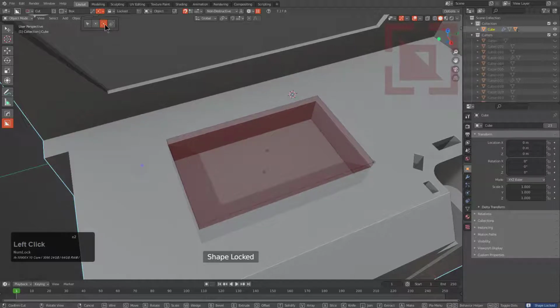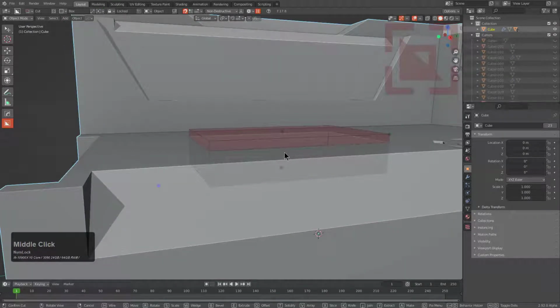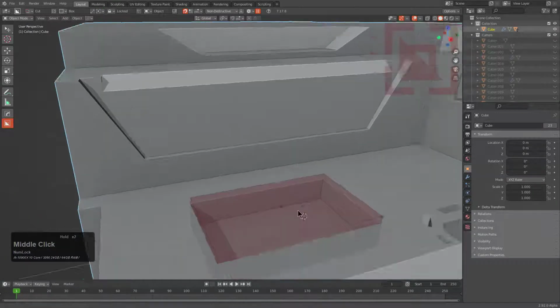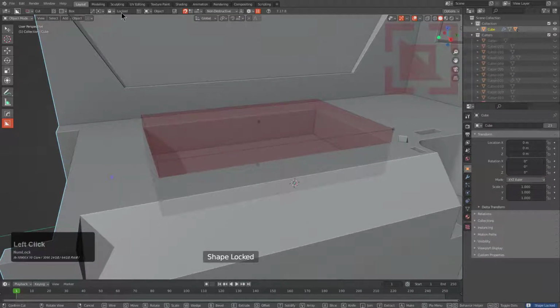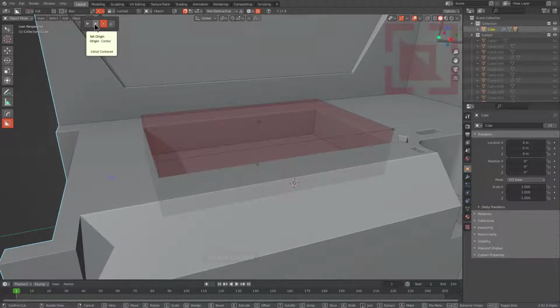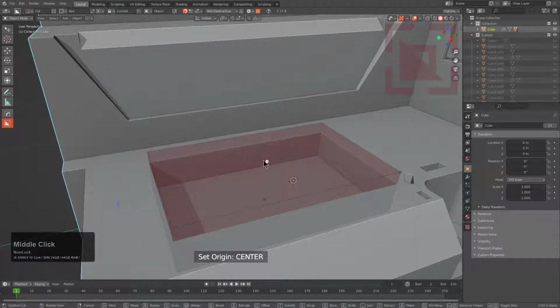And if we look at our origins, we see that our origin is set to the bounding box center. So that means if we look at it from the side, our origin is precisely in the center of the volume of this box. And that's actually good in some cases, but not good in all cases. So to show another example of why you would change your origin, let's actually change it to the center of